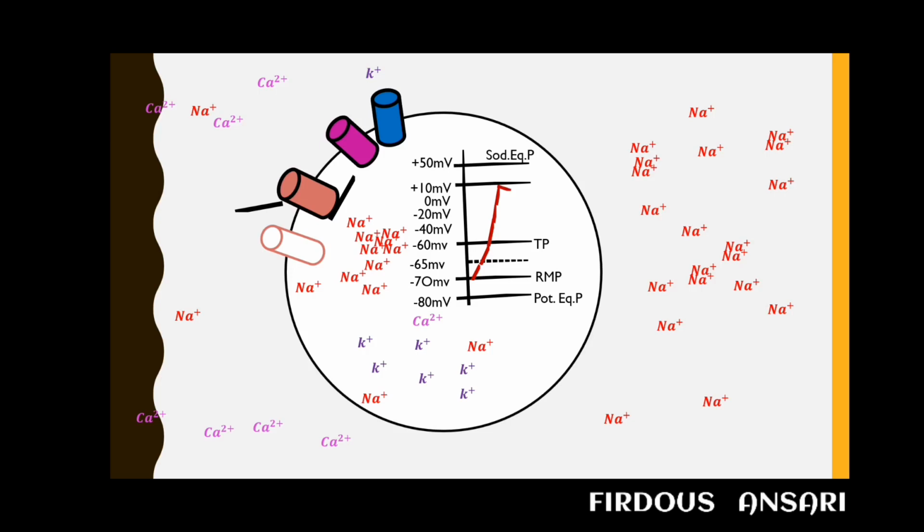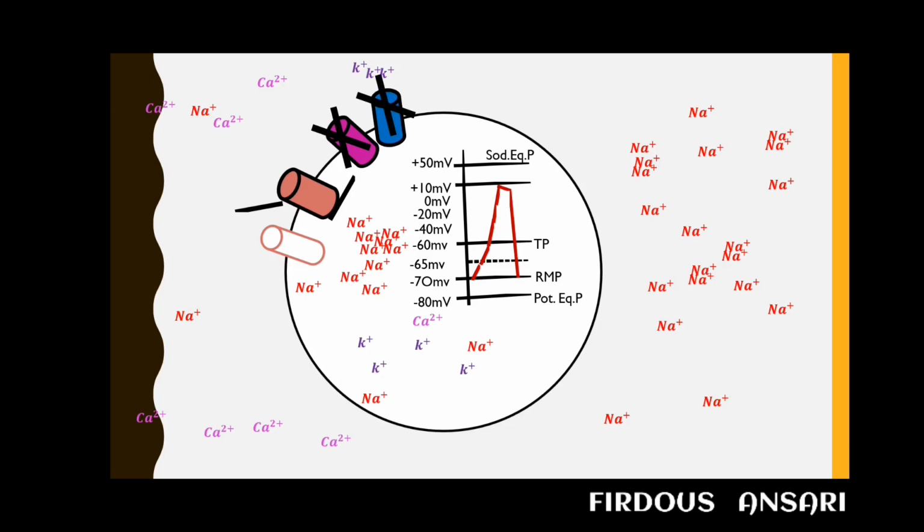But the calcium channel will remain open for a very brief duration of time, and very soon it will get closed. The channel which remains open is just the potassium channel, and there will be an outflux of potassium ions via this channel. Since there is a loss of positive charges, or loss of cations, what will happen to the potential of this neuron? Yes, it will come back to the negative side until the resting membrane potential has been attained again. Once the resting membrane potential has been attained, the potassium channel will also get closed.